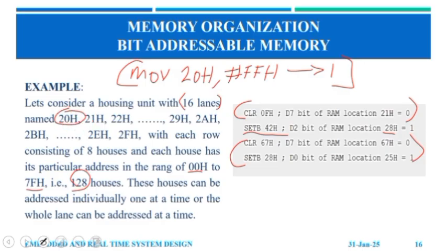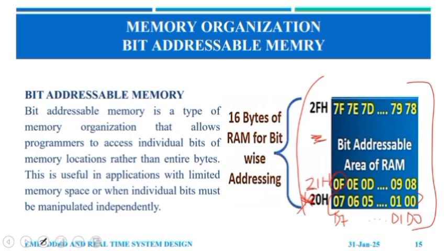So if you consider block 20H, for its 8 flats we'll have 00H down to 07H. That will give us the flats for block 20H, and it goes on like that. And these are the instructions if you want to select a bit. Consider the first instruction, CLR 0FH. What does CLR 0FH mean? If you go back to this diagram,